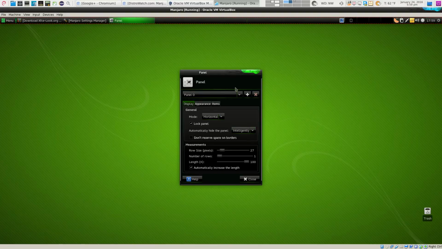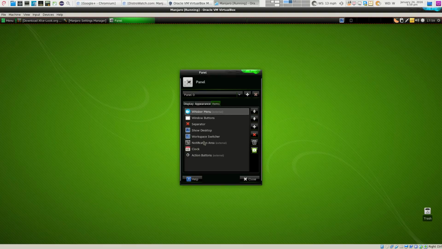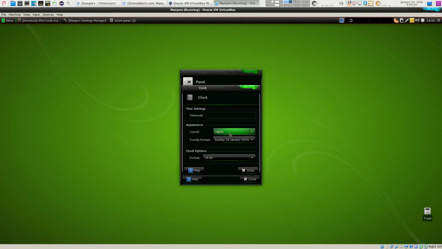And I'll do it intelligently. Items here, for example, clock. I don't like that format here. I like it like this. There you go. Close that.